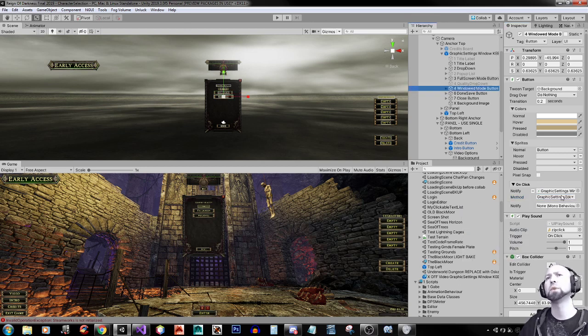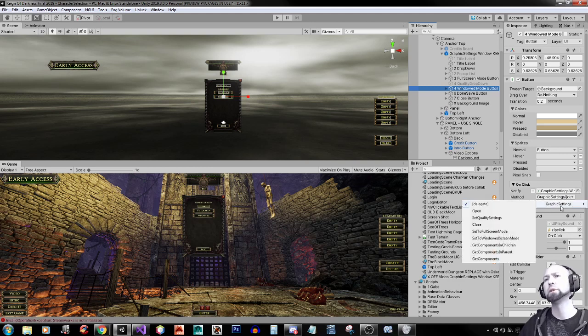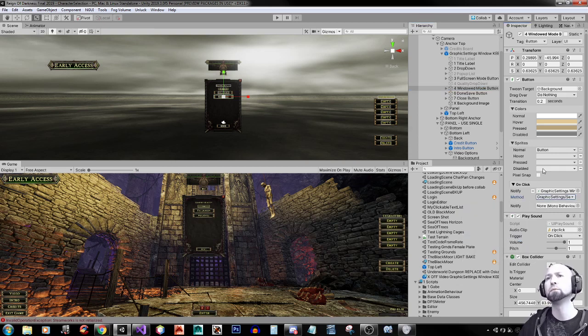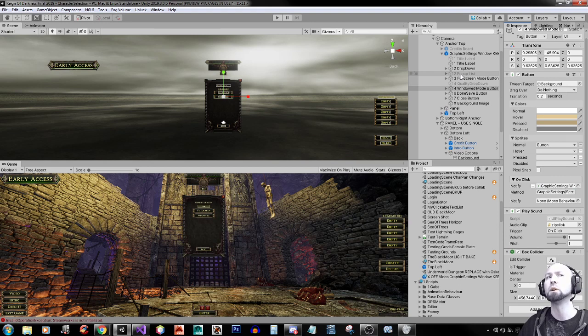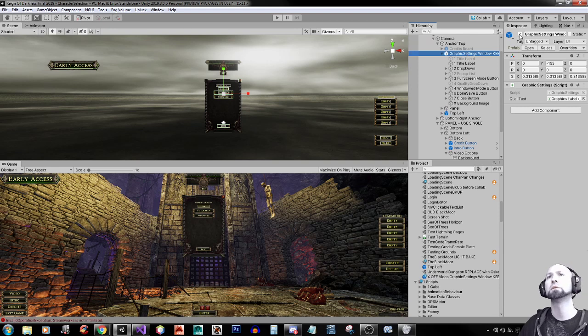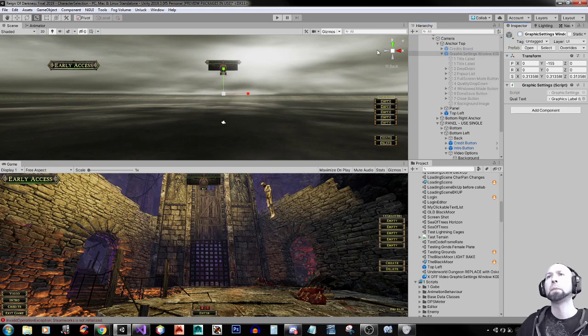Okay, full screen, and then windowed. So it's going to the graphic settings script that I have on the object, on the parent. And then we're going to tell it to fire set to windowed screen mode. So that's all you do. And we won't know if that works until a build. So let's turn that off. A lot of people ask how to do GUI, so it's really just that simple. I mean, inventory and some things get really tricky, but